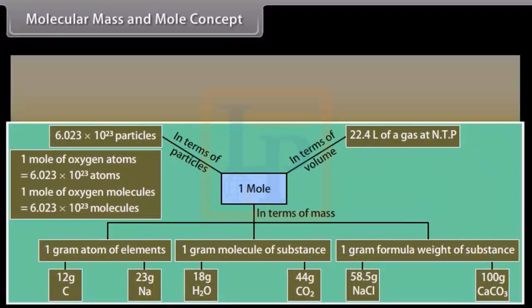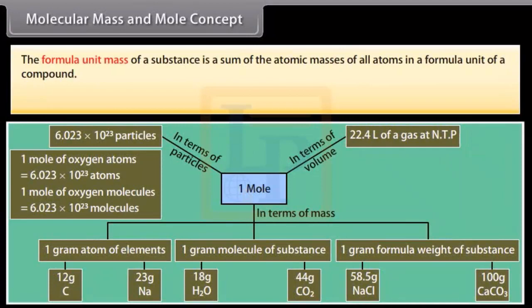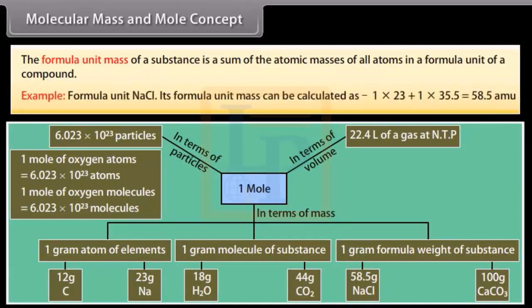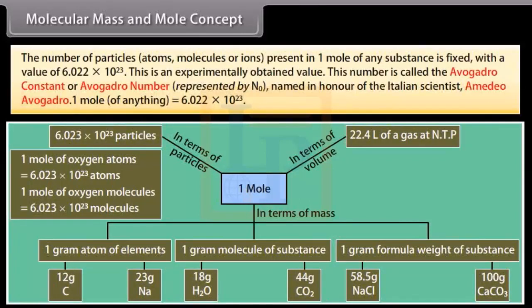The formula unit mass of a substance is the sum of the atomic masses of all atoms in a formula unit of a compound. Example, formula unit NaCl, its formula unit mass can be calculated as 1 into 23 plus 1 into 35.5, which equals 58.5 units. The number of particles, atoms, molecules, or ions present in 1 mole of any substance is fixed with